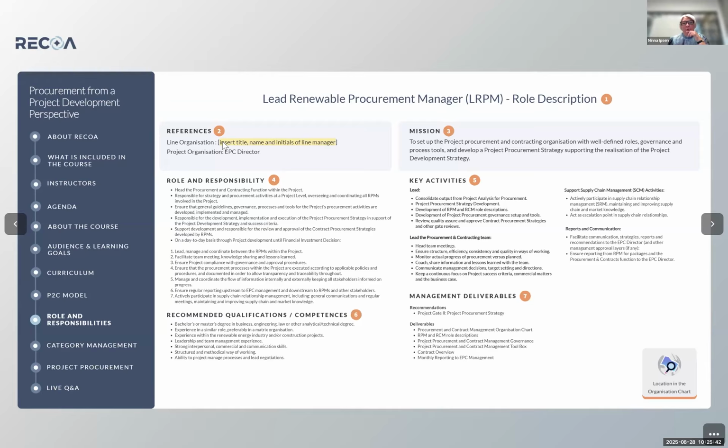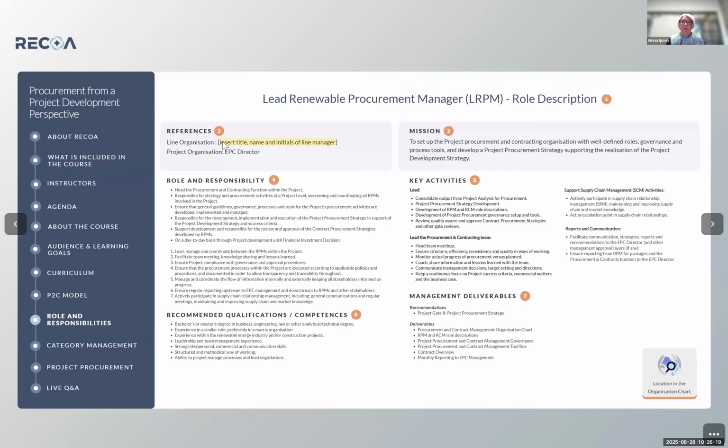where it is, you could say, more in detail about the specific tenders and the specific packages and the specific activities, and you can have many procurement managers in a project depending on your procurement quilts and how you divide the different categories of how you strategically source your items for an offshore wind farm or whatever other renewable technology. It could be battery storage, it could be power to X, it could be carbon capture. We believe that this model can actually target more technologies than only offshore wind, but this is how we talk